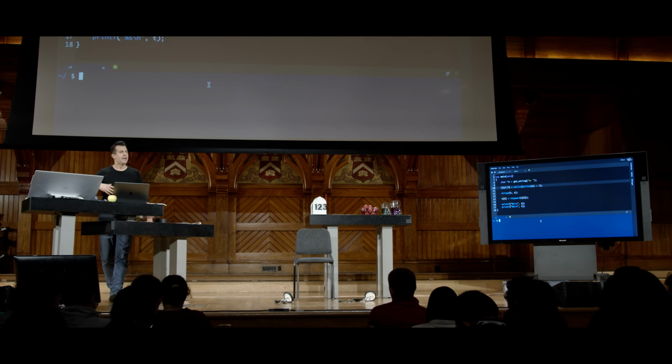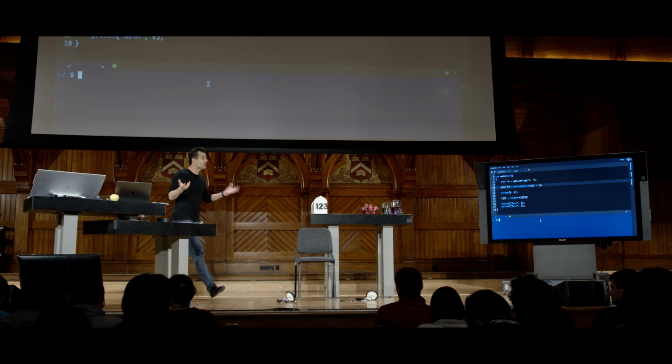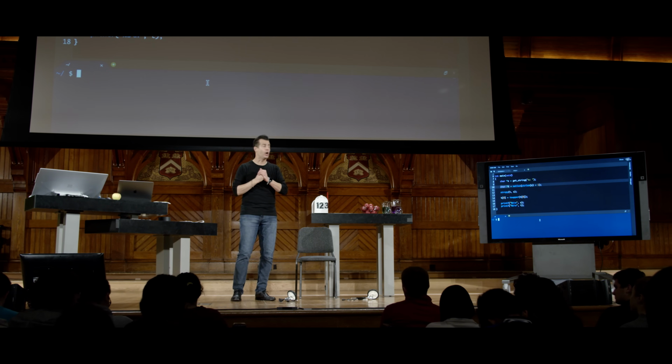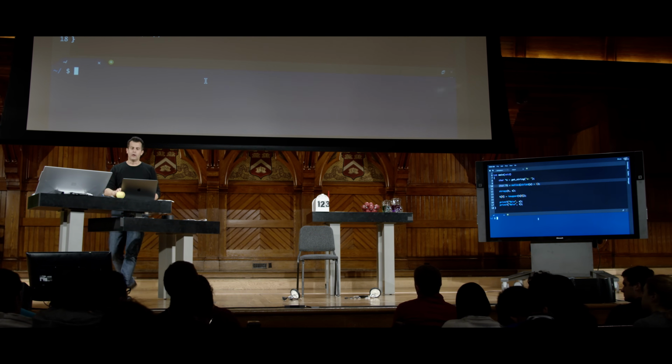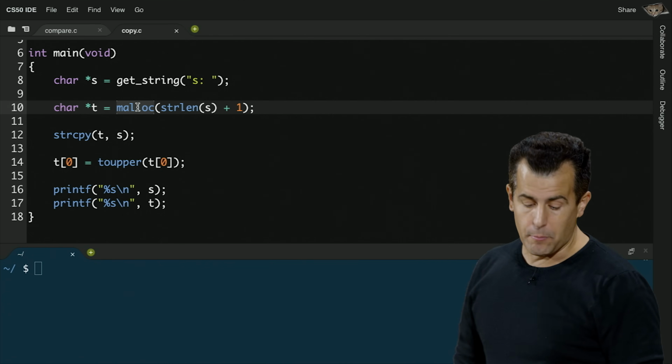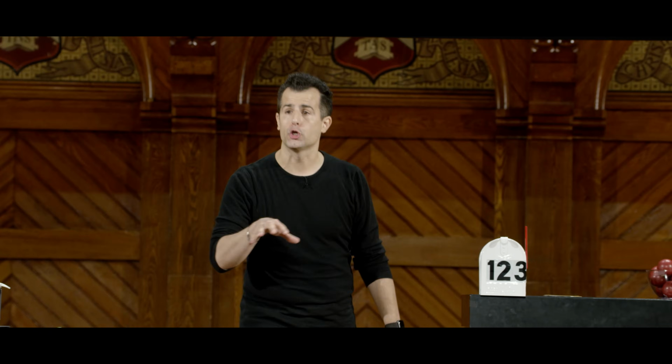But it turns out, now that we're taking the training wheels off, unfortunately, we have to do a bit more work ourselves, and there's actually a latent bug in this program. It turns out that I am malloc-ing memory with this, but I'm never actually freeing it. The opposite of malloc is a function called free, whose purpose in life is to hand back the memory that you asked for so that you have plenty of memory available for other parts of your program and so forth.